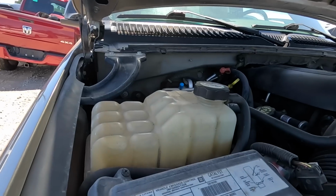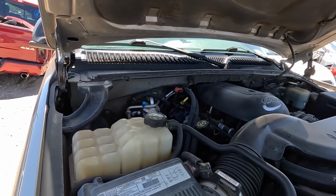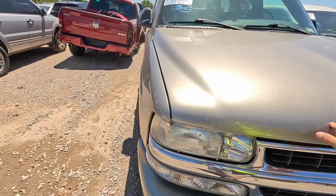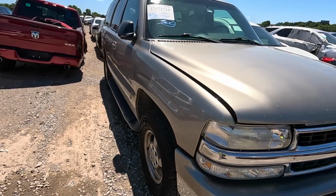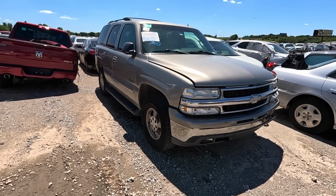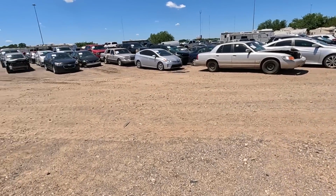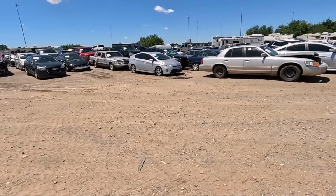What is it, a 5.3? It's a good engine, obviously. Thing's got so many miles on it. And it was probably still running and driving when it was in an accident. So here's what I'm gonna do. I'm gonna take a picture of this, send it to Monkey Wrench Mike, and we'll see what he wants to do. All right, I sent all of the details with pictures and everything over to Monkey Wrench Mike,